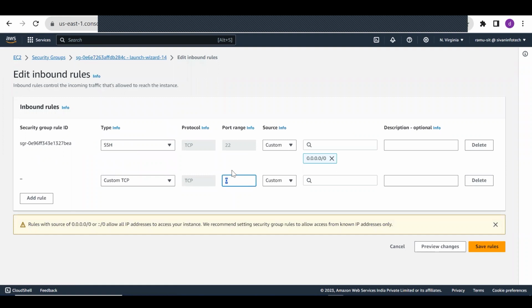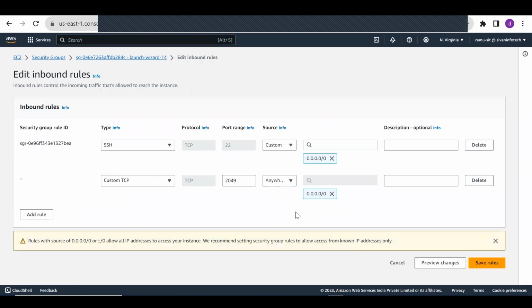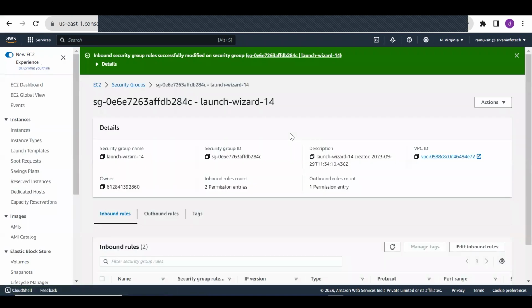What is the port number? 2049. This is the EFS port number, Elastic File System port number. I'm allowing anywhere as of now. Whenever you create for EFS, EFS has a separate security group. You need to whitelist that here so you can access it. I will show you that also. Save it. Now port 2049 is allowed traffic to your system.